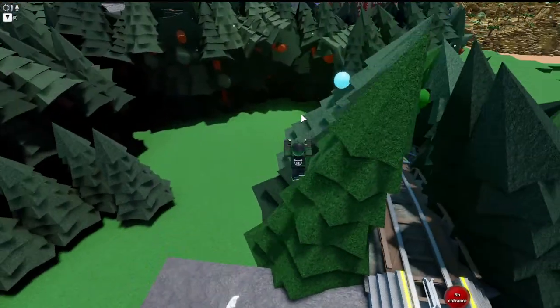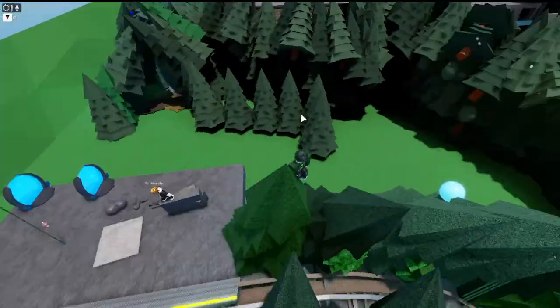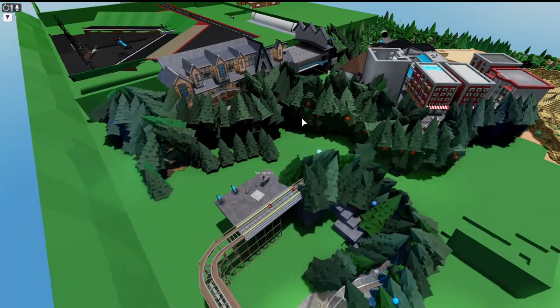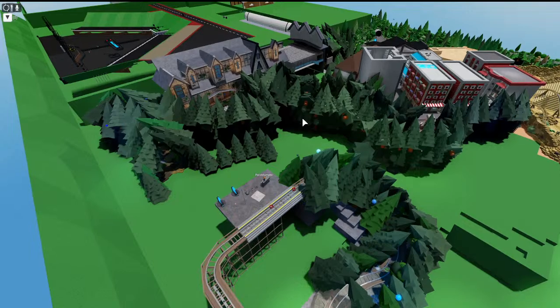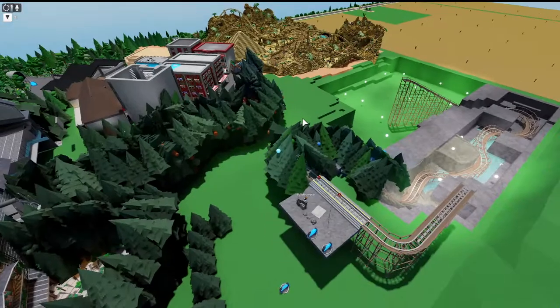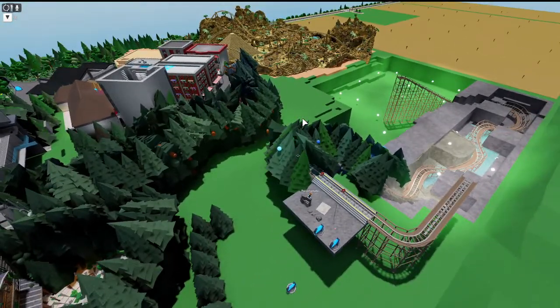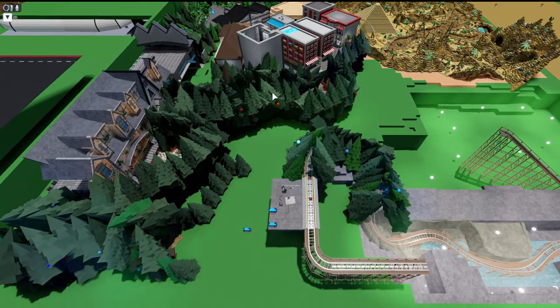Also, like I said, for this ride there's one last bit. If you zoom out, you can see I started building another section of the building. There's going to be another outside portion. We'll go through a little TP to go to where we started at. Yeah, I have everything planned out. It's just all the building that's left now, and the roller coaster.